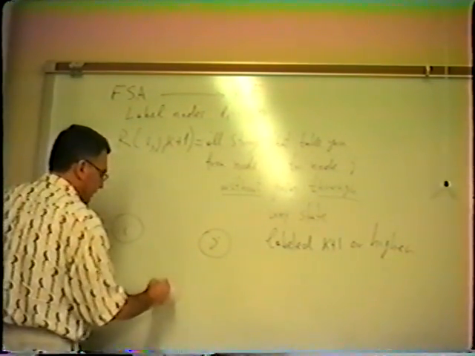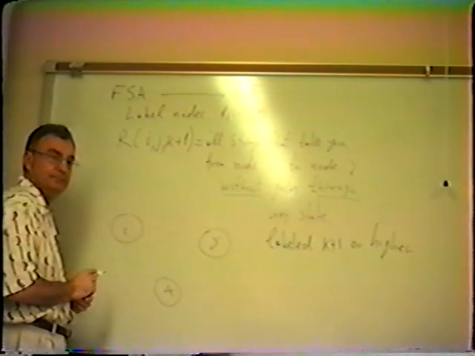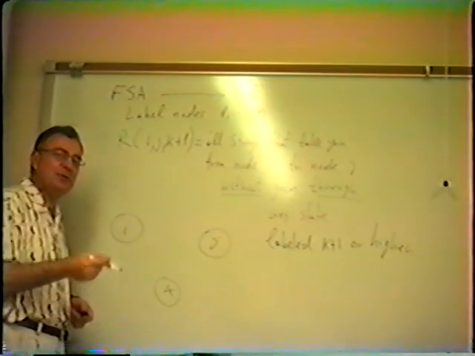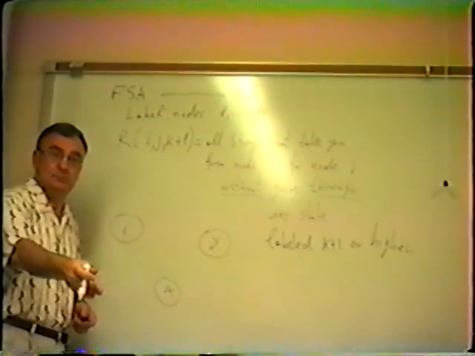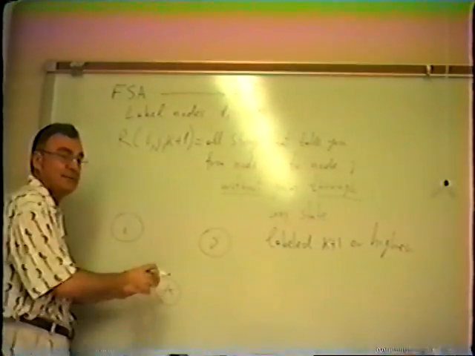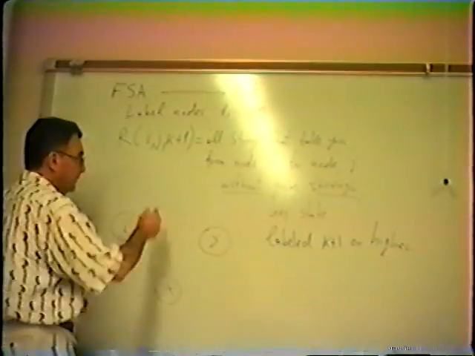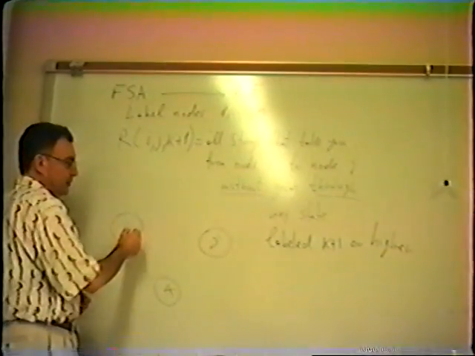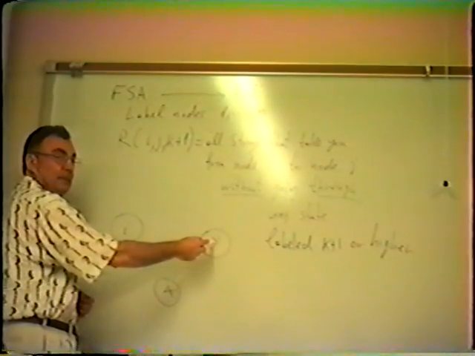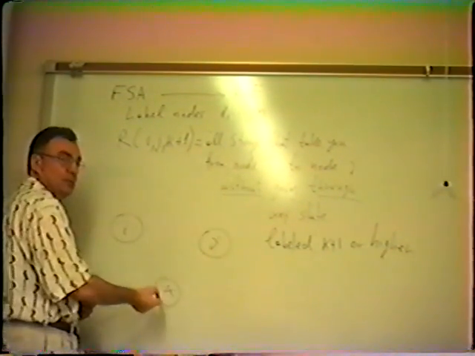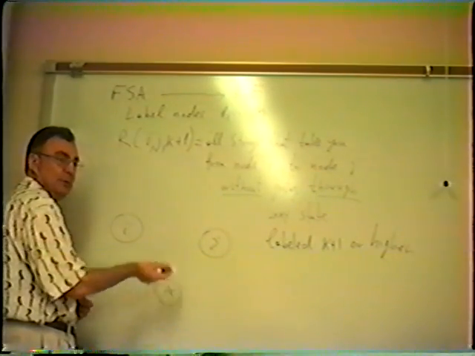Well, suppose state K is over here. That's the highest state you can go through. Okay, that's the highest label you can go through. So these strings that get you from here to here, and the highest they can go through is K, will be all the strings